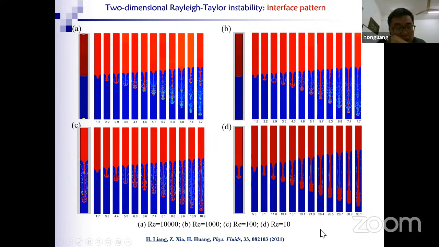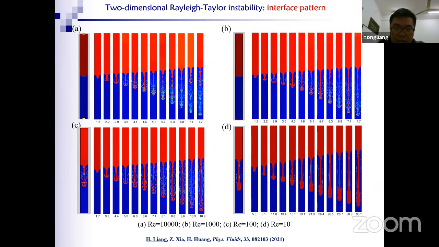Now we use the different models to simulate the two-dimensional Rayleigh-Taylor instabilities. We can present the results of the interface patterns of the Rayleigh-Taylor instability with different Reynolds numbers. In case A, the Reynolds number is very large, and we can see that the interface evolution is very complex,